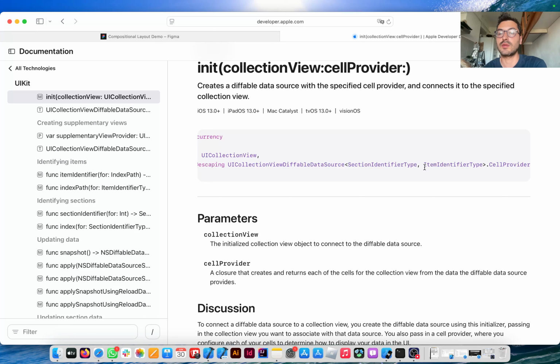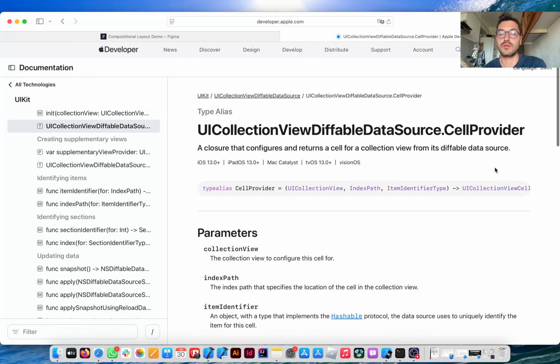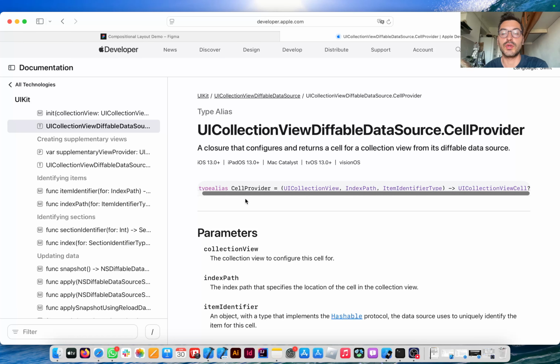Section identifier type, item identifier type, dot cell provider. So if I click on cell provider, type alias. So this is a closure that configures and returns a cell for a collection view from its diffable data source. And this closure